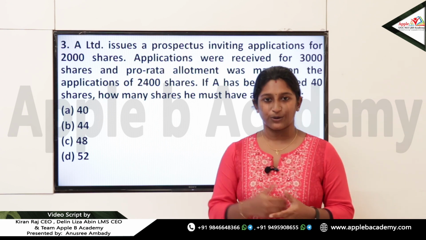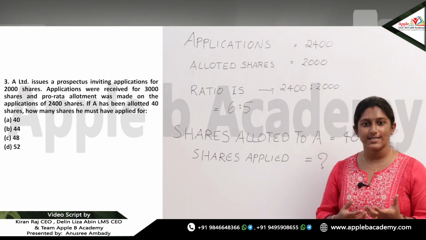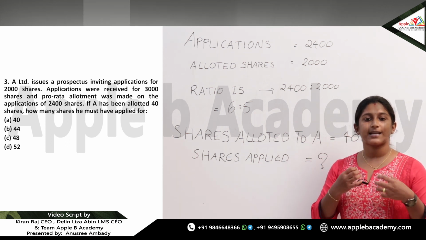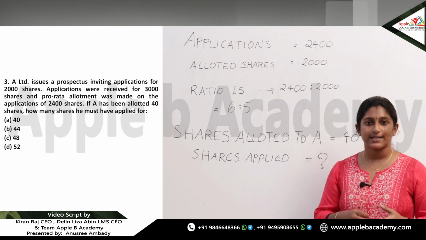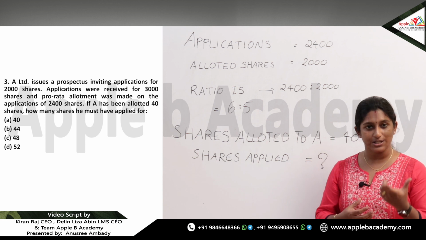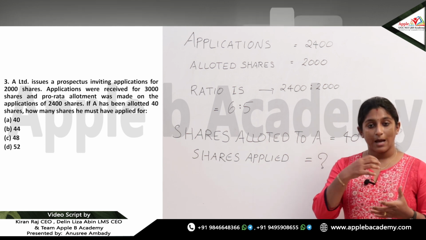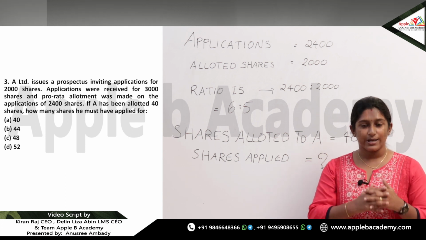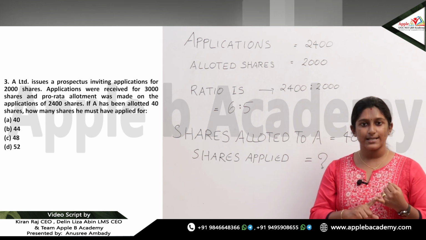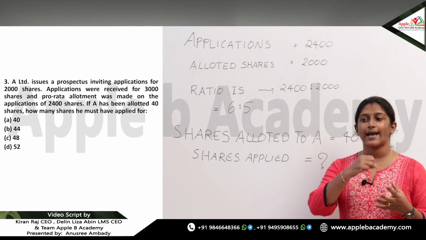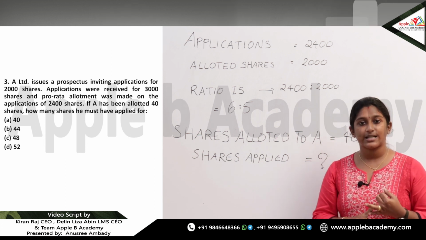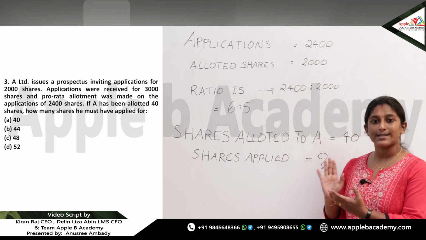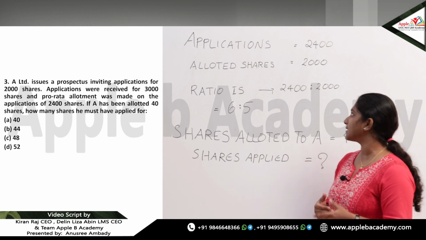So let us solve this out on board. Well, this question is based on oversubscription. Oversubscription means a situation where the demand for the shares exceeds the number of shares issued by the company. Here the company invited applications for 2000 shares, but they received applications for 3000 shares. So there is an excess of 1000 shares. Under these situations, the company has two alternatives. First is to reject the excess applications, that means to reject the excess 1000 applications. The second alternative is to make proportionate allotment, that means pro rata allotment. So this is a question based on pro rata allotment, and let's solve this.